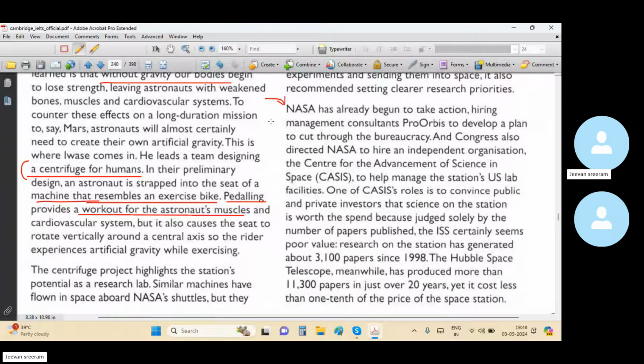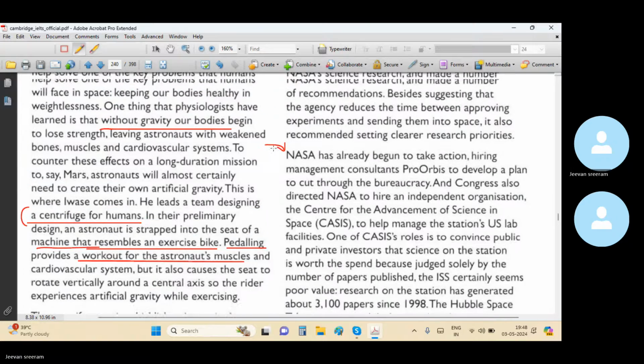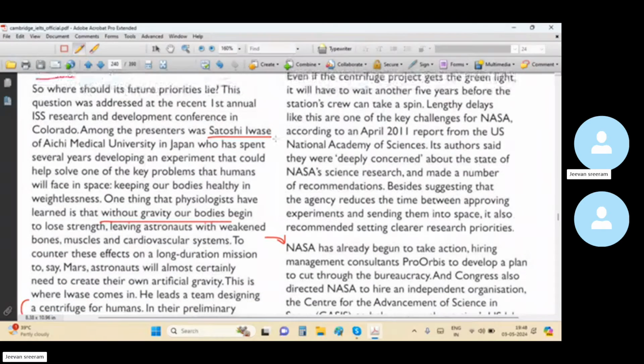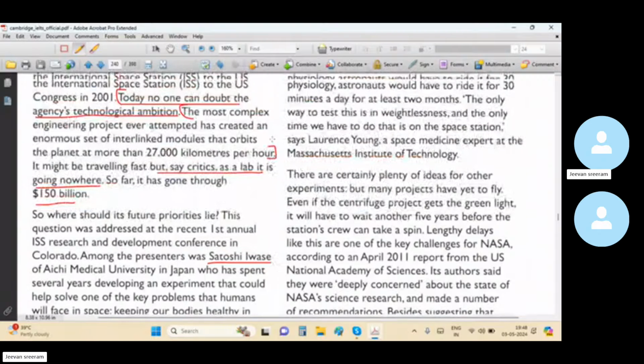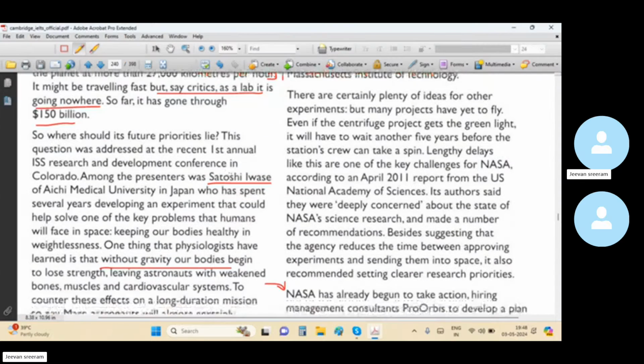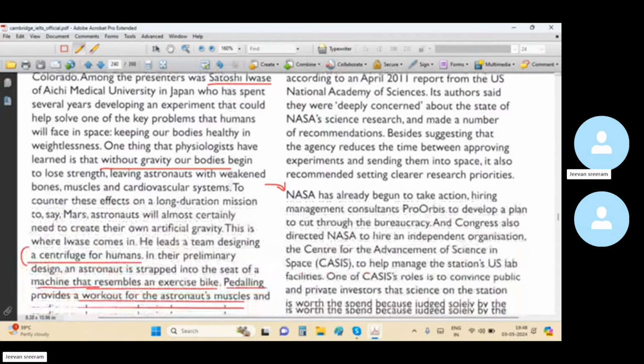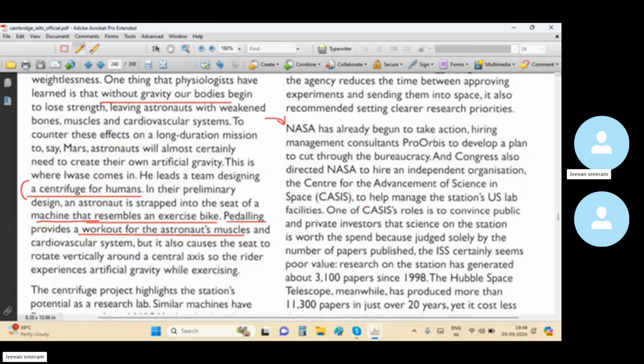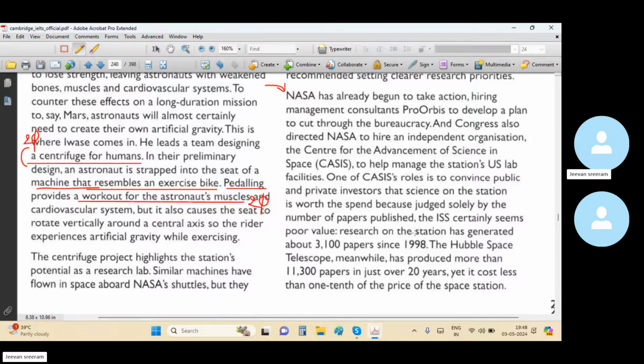So you might check the questions are in the passage order. Answer of the first question is here, and then answer of the second question is here, right? Answer of the third question definitely